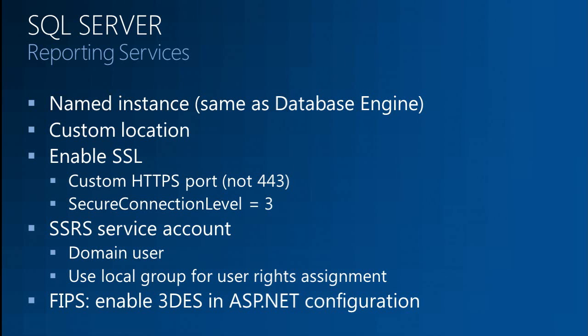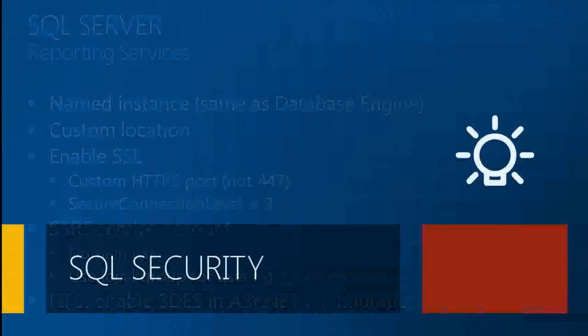Briefly on Reporting Services, again, using a named instance, and the great thing now is that with System Center 2012 Configuration Manager, a named instance is supported, whereas before you had to use the default instance, and there's some other gotchas there. So now we can use a named instance. You can add SSL, use some PKI level SSL there. Service account, again, you want to make sure you have that user set up appropriately. And as I mentioned earlier with FIPS, there's one gotcha when enabling FIPS, and that's specifically with SSRS. And I'll show you in the demo how you can make that work. By default, it does not. So with that,